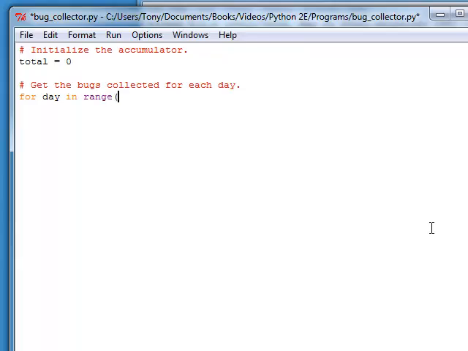Now, we want the days to be days 1 through 7, so we're going to specify a starting value of 1 and an upper limit of 8. Remember that in the range function, the upper limit is the value that the range will go up to, but not including. Okay, so for day in range 1, 8, and then we're going to print the prompt on the